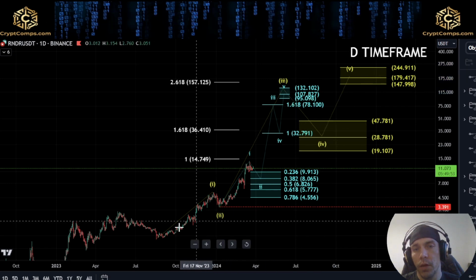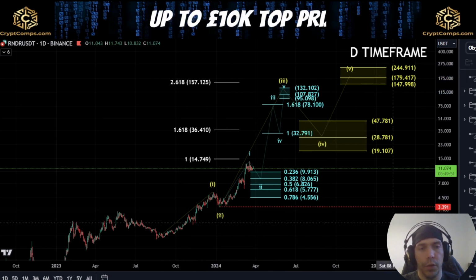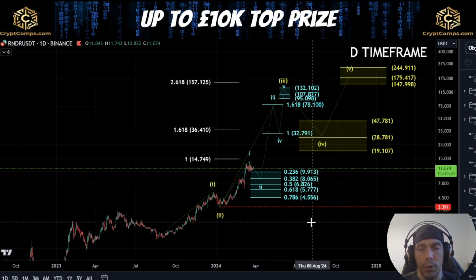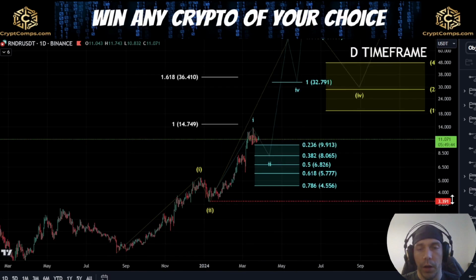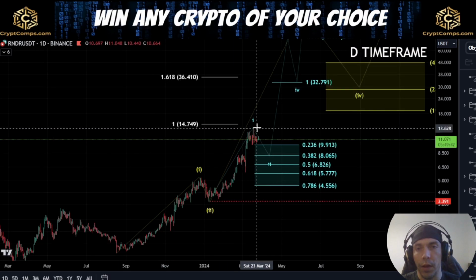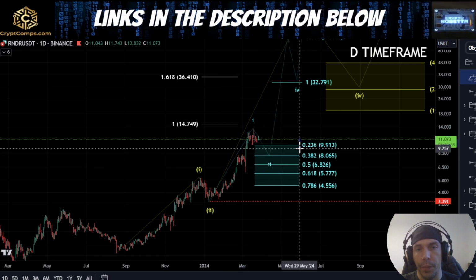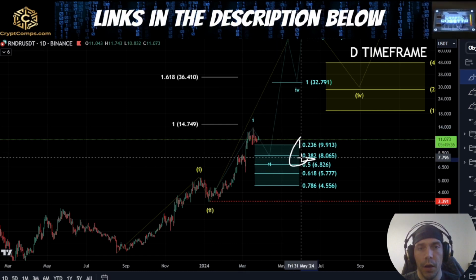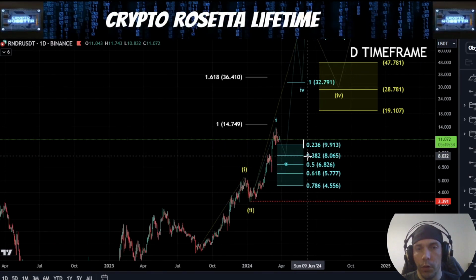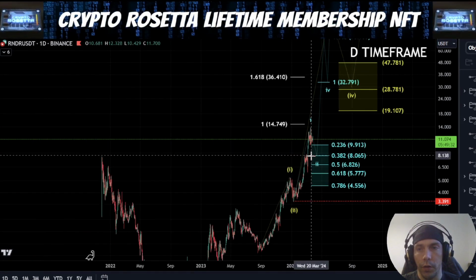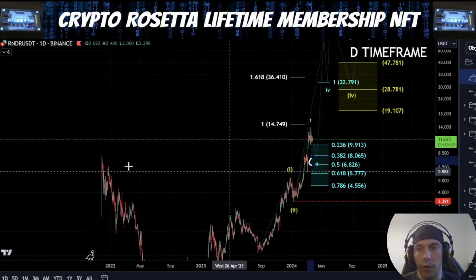So because of this, I'm keeping an eye on this. Invalidation of this would come by crossing this $3.39, and ideally within this, what I would like to see here is to see a bit of a deeper retracement, at least towards this 382 level here of this $8. If we do look at possible further targets to the downside between this 382 and this 50%, we